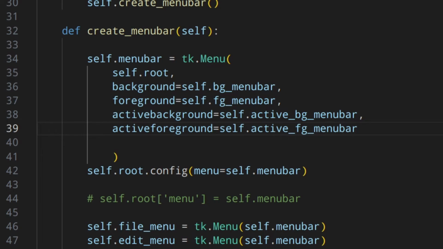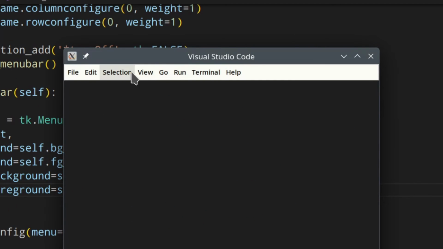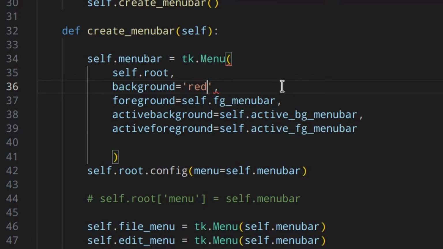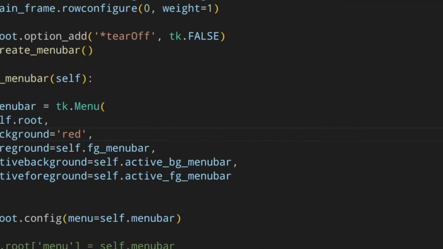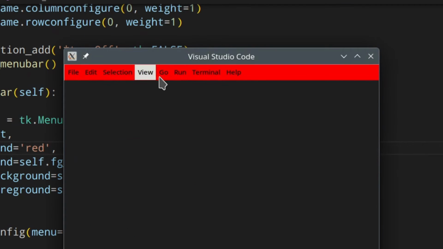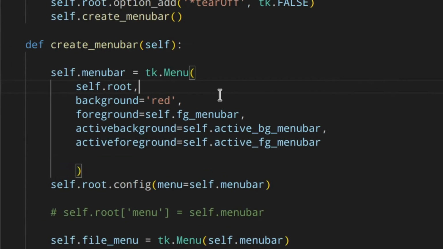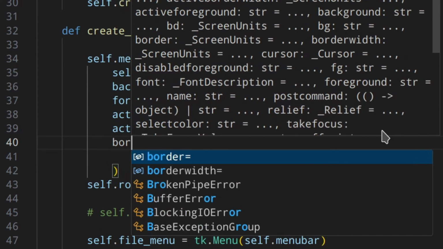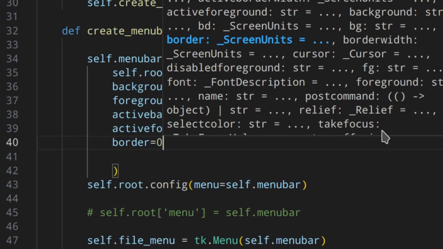Of course, let's actually see what we've got. Okay, so you've got this. If we actually change that so you can see that better, because it's really subtle like that, now you can see that the color actually changes. Okay, perfect. Let's go back to this. Then you've got the border, which is similar to the border width. I didn't see any differences, to be honest, but maybe there are, but I'm not sure. I didn't see them.